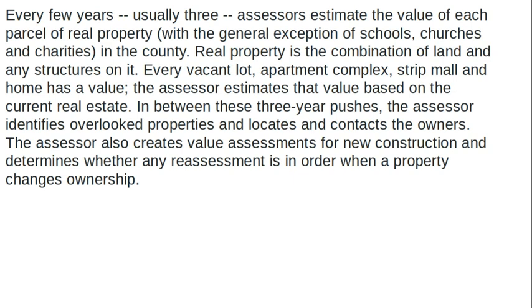In between these 3-year pushes, the assessor identifies overlooked properties and locates and contacts the owners. The assessor also creates value assessments for new construction and determines whether any reassessment is in order when a property changes ownership. So, property value, you'll hear,